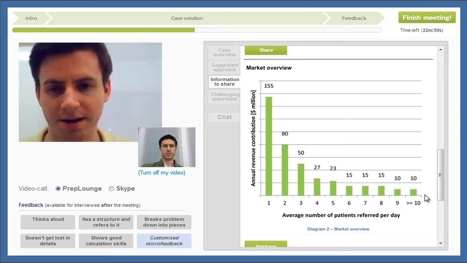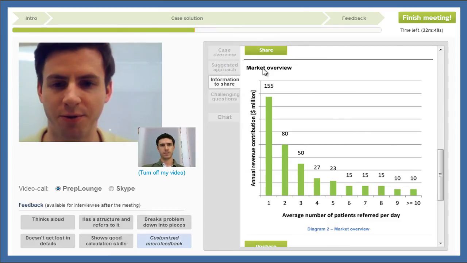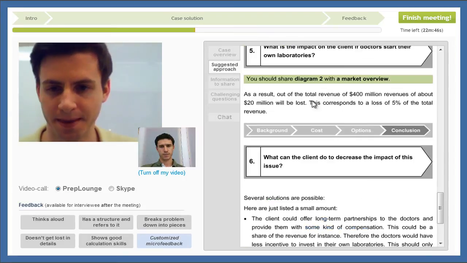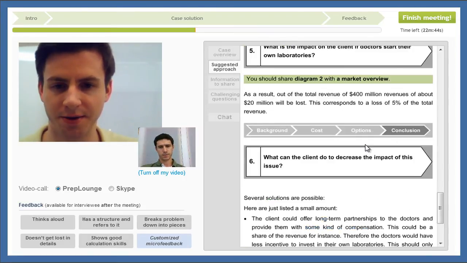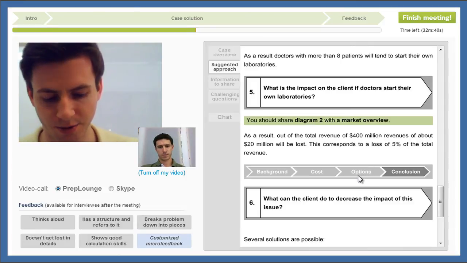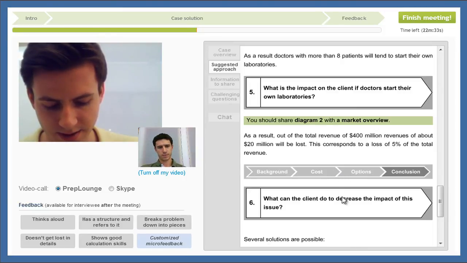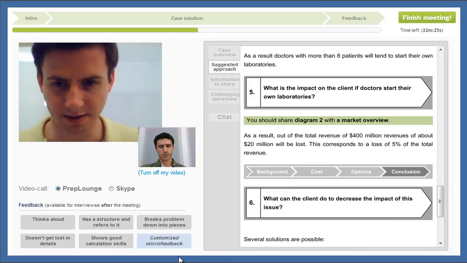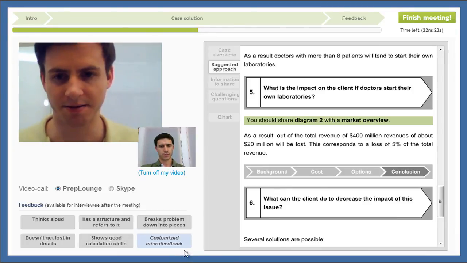Roughly we have 400 million revenues from referrals, and if this is 3/4 of the overall revenue, we add the additional quarter, so a third of what we have. So it is about 530 million